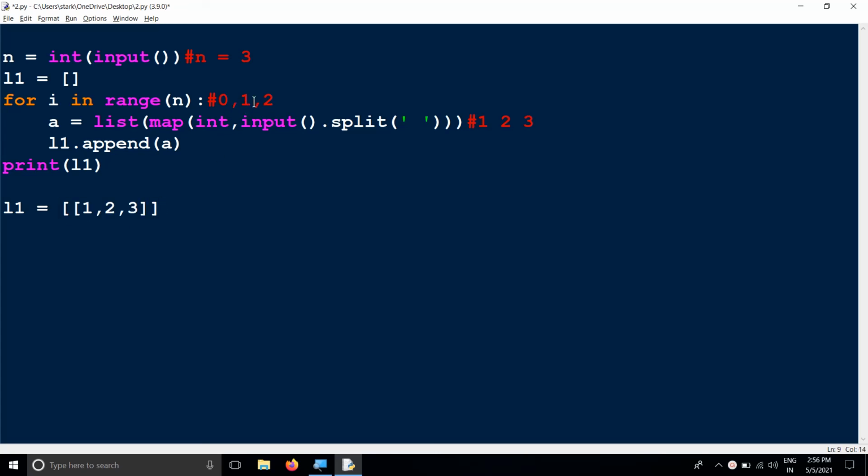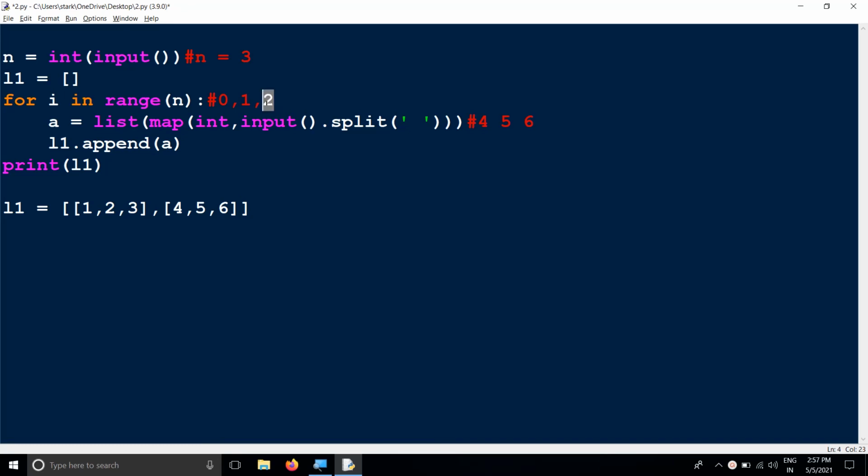And now for i value equal to 1, we are going to take the input as 4 space 5 space 6. For taking input in this format we use list of map of int comma input dot split. So now we are getting the output 4 comma 5 comma 6, and then i is equal to 2.